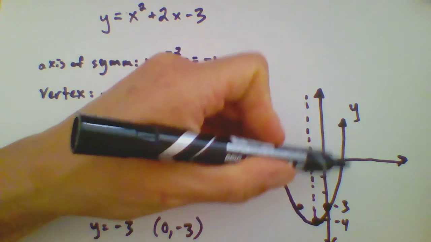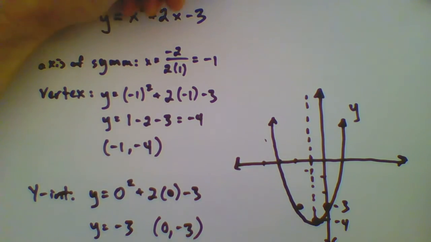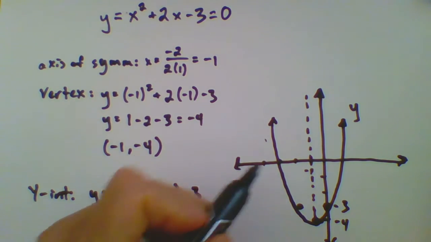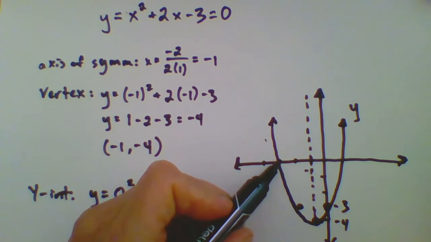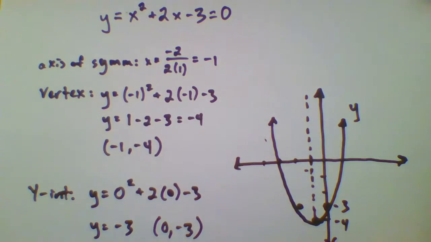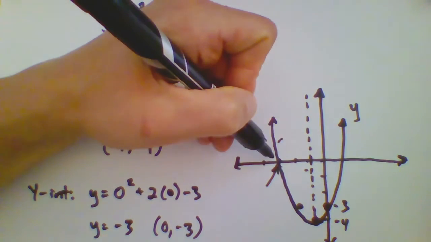parabolic function graphed here, and remember the equation we were trying to solve is when does this thing here, x squared plus 2x minus 3, equals 0. So what that means is we need to know when does that function equal 0. In other words, where does it intersect the x-axis? So it looks like, if I'm looking at these numbers here, this looks like minus 1, minus 2, minus 3,